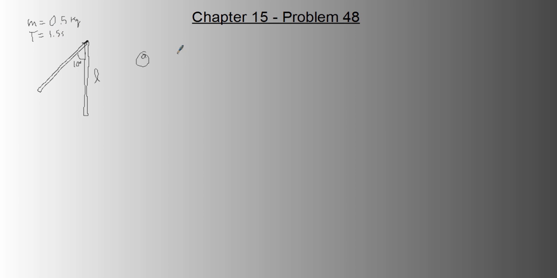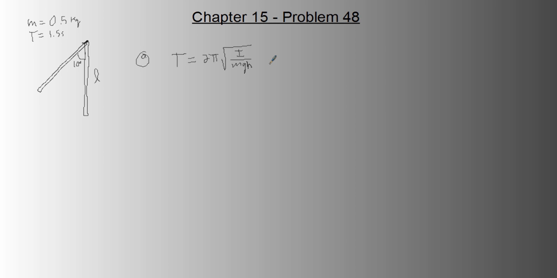And the angle. So we know that the period of a physical pendulum is 2 pi times the square root of the moment of inertia of this physical pendulum divided by mgh,